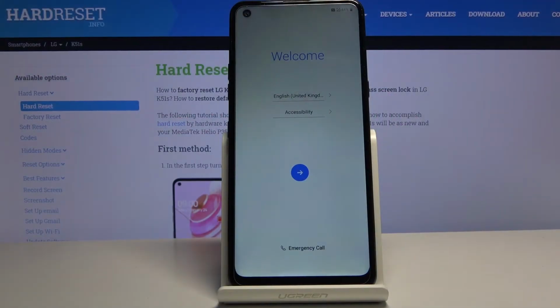Welcome, in front of me is an LG K51s, and today I'll show you how to go through the setup